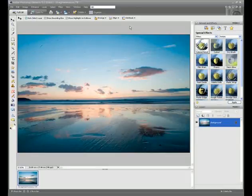In this tutorial we're going to take a look at how to straighten horizons and then to crop the image ready for printing to a predetermined size. Okay, here we've got a perfectly good landscape taken down in Woolacombe. Unfortunately at the moment the horizon is at a slight tilt, the right hand side is slightly higher than the left. And what we want to do is just to use the transform tool just to rotate the image slightly,